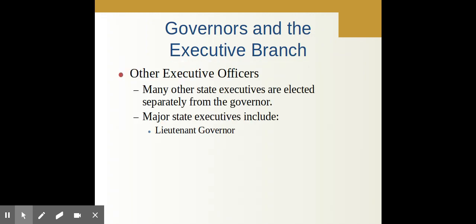There are many other elected executives. Lieutenant governor is kind of like a mini vice president. The attorney general, which is the chief law enforcement officer. Treasurer is obviously in charge of the money. Secretary of State in Pennsylvania is appointed, but in some states they can be elected. They are basically in charge of helping to administer the government and continue relations. An auditor is like an inspector.